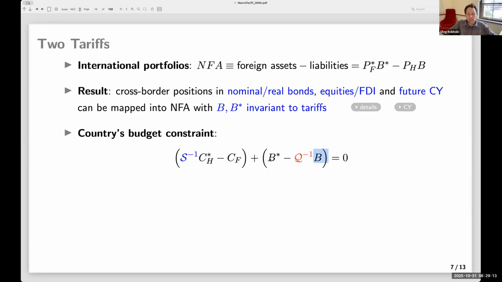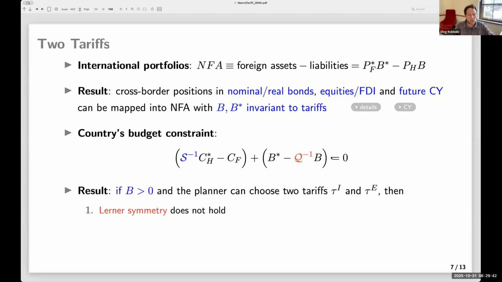And so it turns out then you either have assets and liabilities that have no valuation effect from tariff, that's the B star part, or assets and liabilities that do have the valuation effects with tariff, which is proportional to the response of the real exchange rate to tariff, right? So think of this as in projection on tariffs. It's not generally true that the valuation effects here are only the real exchange rate. These assets can have other valuation effects, but in projection on tariffs, the result is that the relevant object is the real exchange rate. Okay, very good.